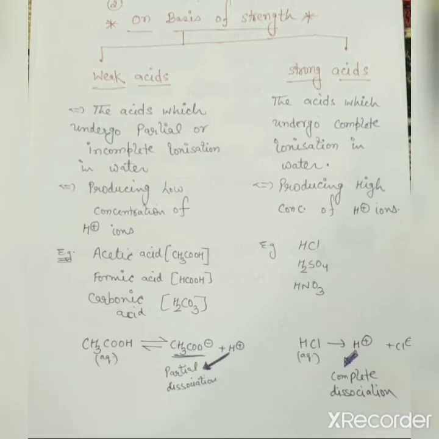When you break the CH3COOH in aqueous solution, it will dissociate into acetate ion, which is CH3COO minus, and hydrogen ion, but only around 30 to 40%. You can see the clear difference. Strong acid is represented by an irreversible reaction, and weak acids are represented by a reversible reaction.